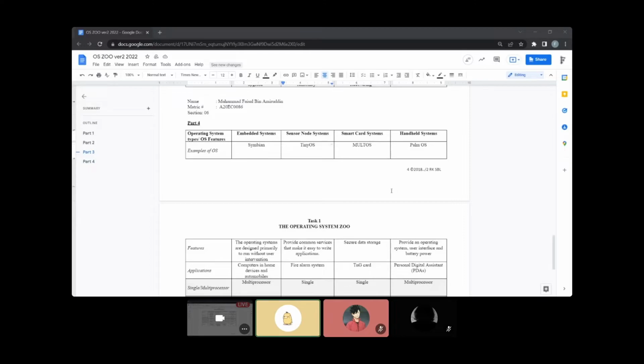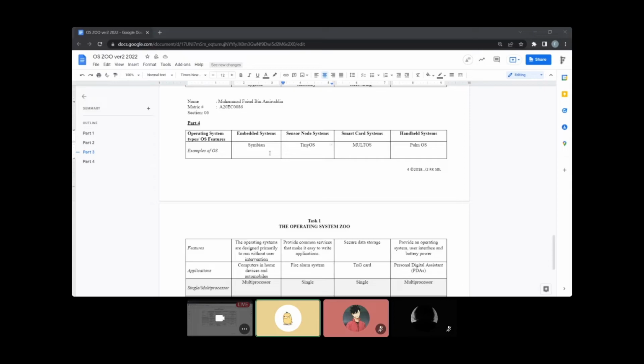Now continue on with part 4, which I am in charge of. For example of OS, we have decided to go with Symbian for embedded system, while the other group chose Windows Mobile or CE. For sensor node OS, we decided to go with Tiny OS, while the other group went for Mantis, SOS,